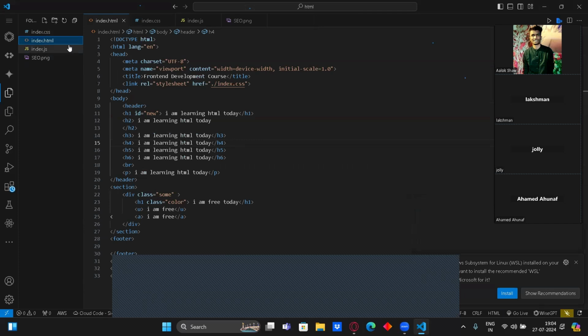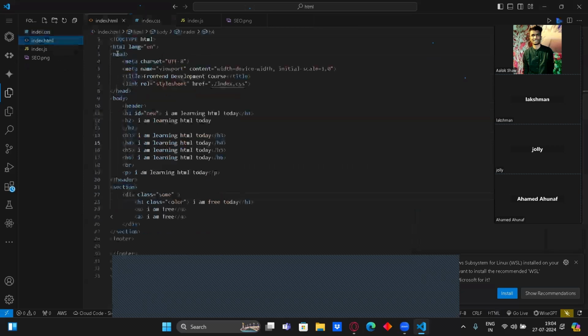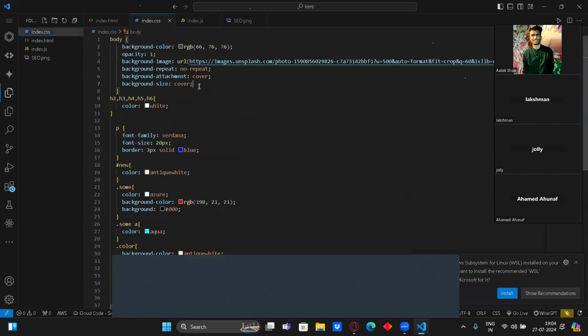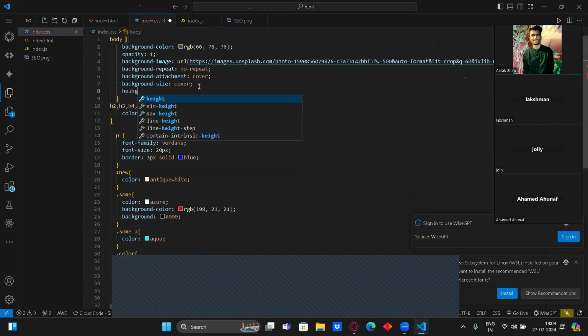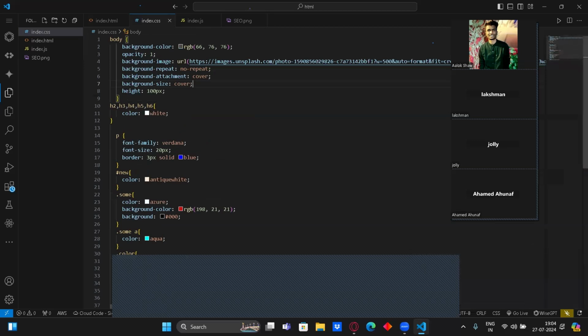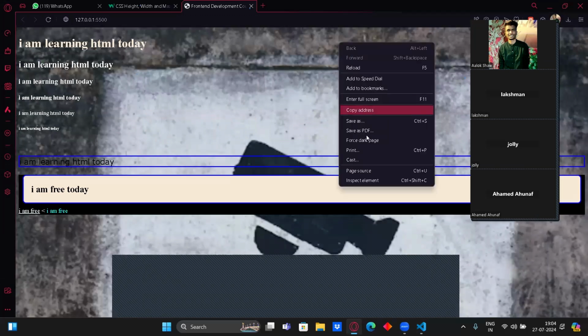So I will remove the class, and now we'll only work on index.html, and next we move on to index.css. So if I give the body a height of 100 pixel, 100 pixel is so small. I'm just showing you the output of how much 100 pixel is. If I inspect element,